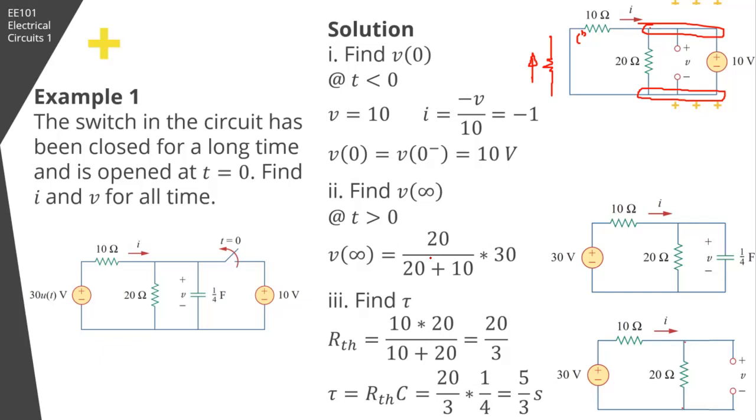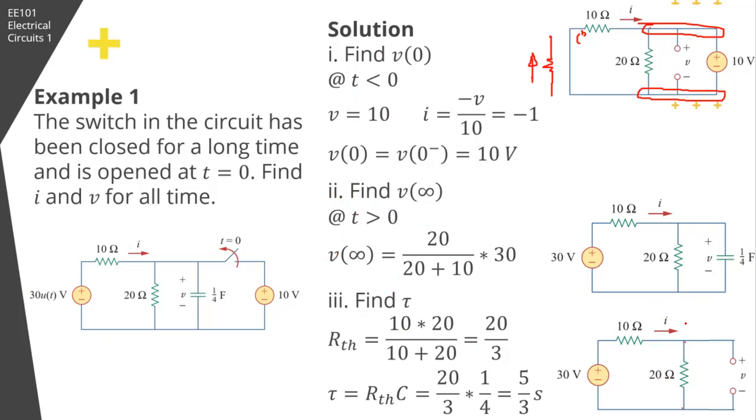So V at infinity will be equal to 20. Then we have V at 0, V at infinity, and now we find tau. Still, the circuit we consider is at time greater than 0. Okay, so if you look across the